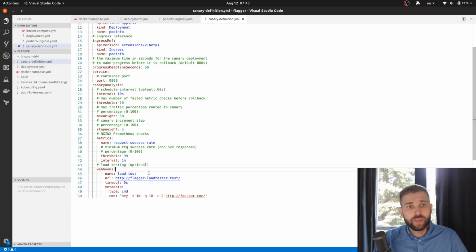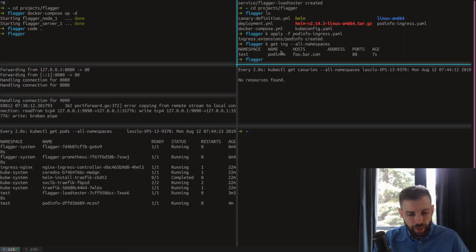Basically, it gives you this load tester and possibilities to call the load tester for situations where your service is not under usage or heavy usage. So maybe you are deploying at, I don't know, 6 in the morning or at a period where there is no load. For the Canary criteria and error ratio to make sense, it's very nice to have some load on the service, and this one is actually generating the load. So I included the webhook and pointed at my service. So right now I'm going to apply this Canary definition or CRD,